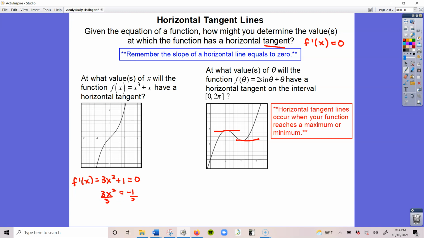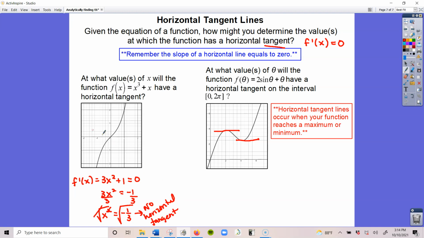Divide by 3, so x squared is equal to -1/3, and then square root both sides. But when I square root to solve for x, I get the square root of a negative number, which if you remember from last year, this means that we have i. And i is not a real number, i is the imaginary unit, so therefore this leaves me with no solution. So this would mean that there is no horizontal tangent,